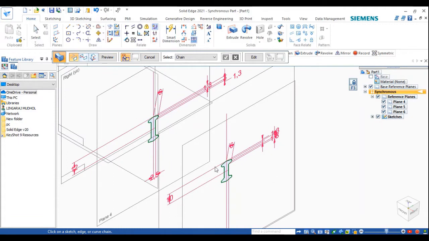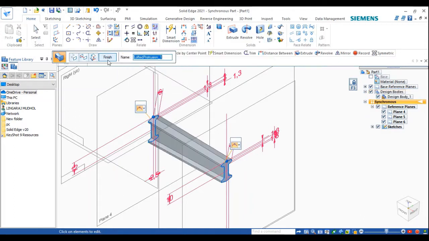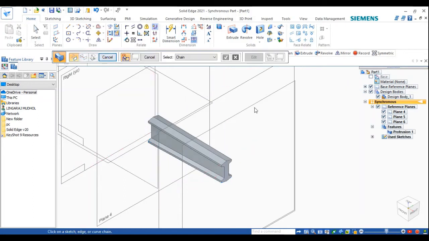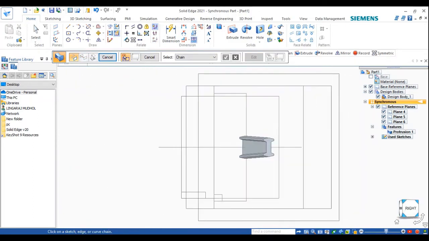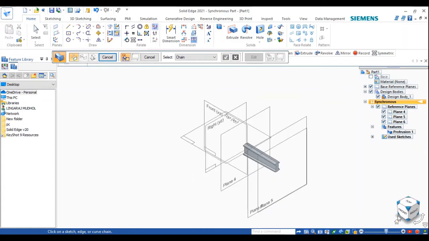Okay, after clicking on the top edges of both the sketches, I'll just click on preview. You can see now, and I'll finish it off. Now you can see from the front side, from the right, you can see